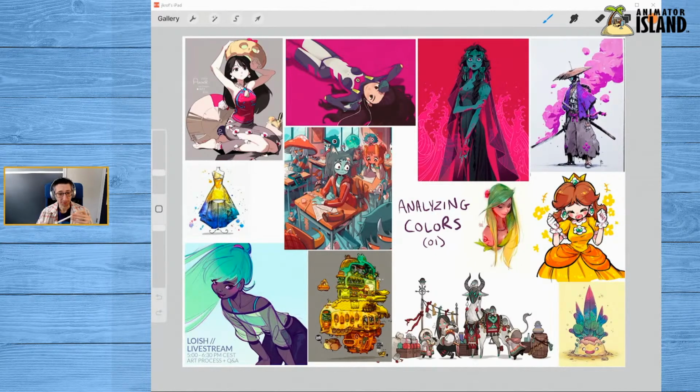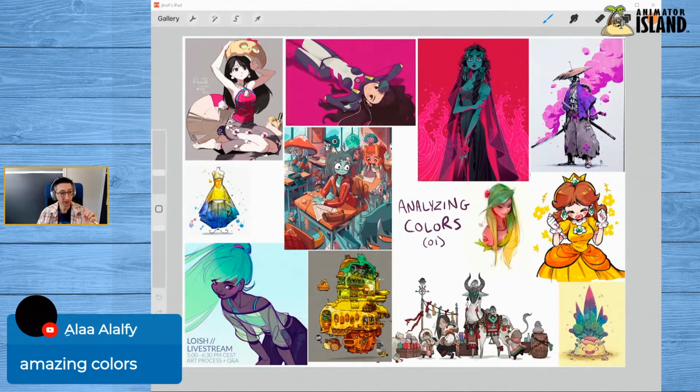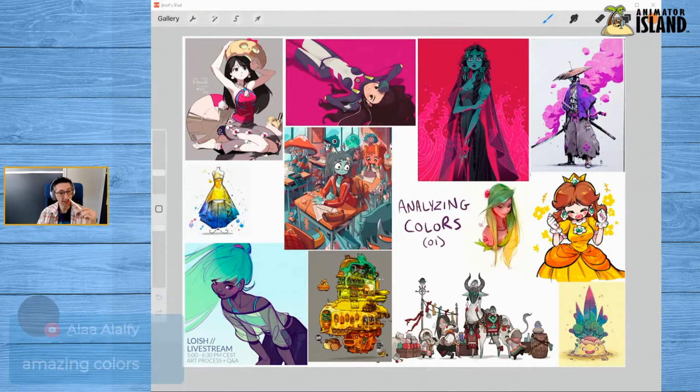But Alice has amazing colors, and I agree. These pieces have some amazing colors. They have some wonderful aspects to them, and we're going to go through and talk about a few of them. We are at an hour and 20 minutes. I'm probably going to try and keep this part short, and then we'll do a quick Q&A. But let's dive in and talk about a few things.